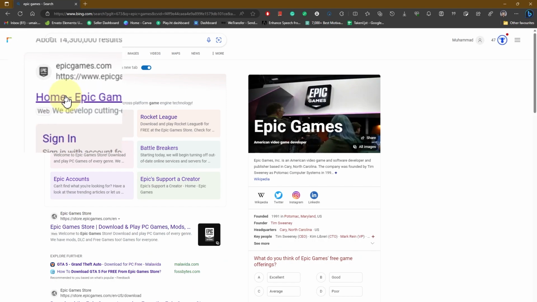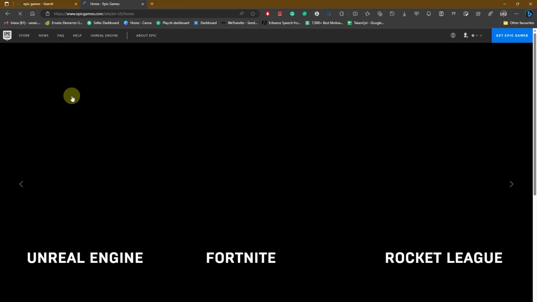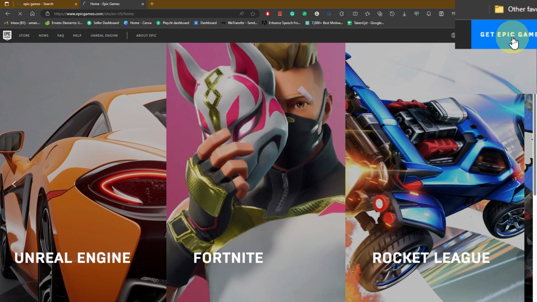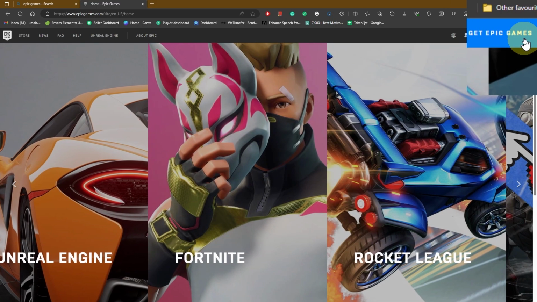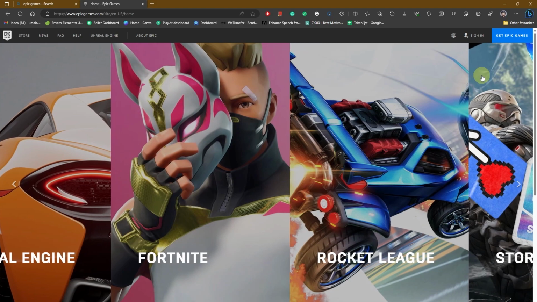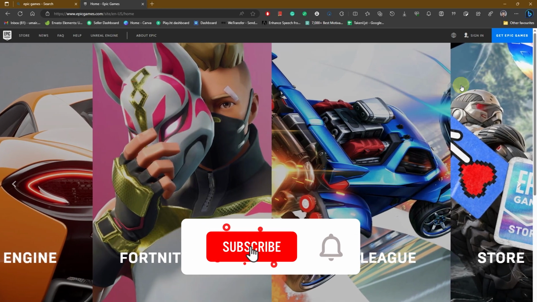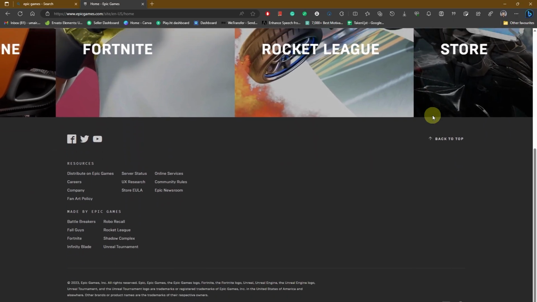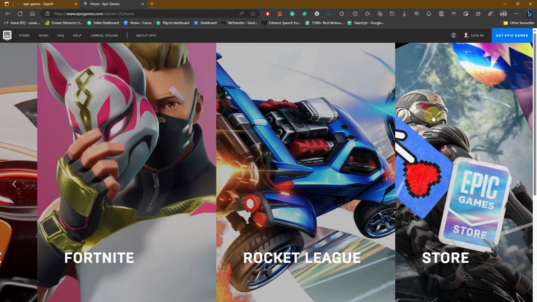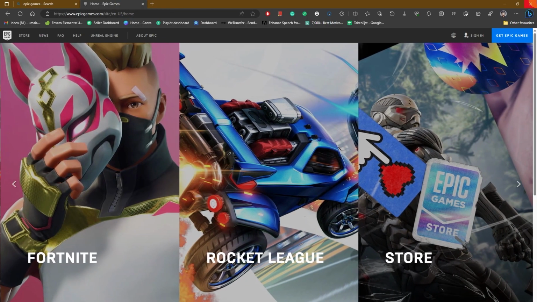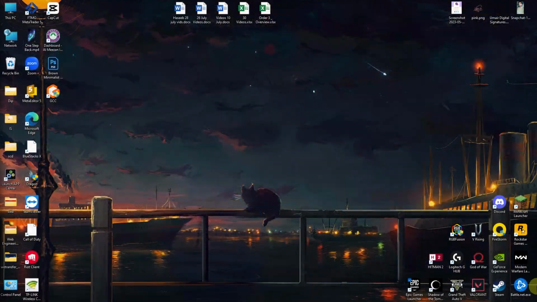Home. You can see we have Epic Game Home and we will be directed towards its home page, and from here you can see on the top right side of the screen we have this Get Epic Games option. You're going to be simply clicking on that and downloading and installing Epic Games onto your PC. So it is basically a launcher or a store like Steam from where you can buy and download games. So Fortnite is completely free, so you can simply get that, and once you get your Epic launcher you're simply